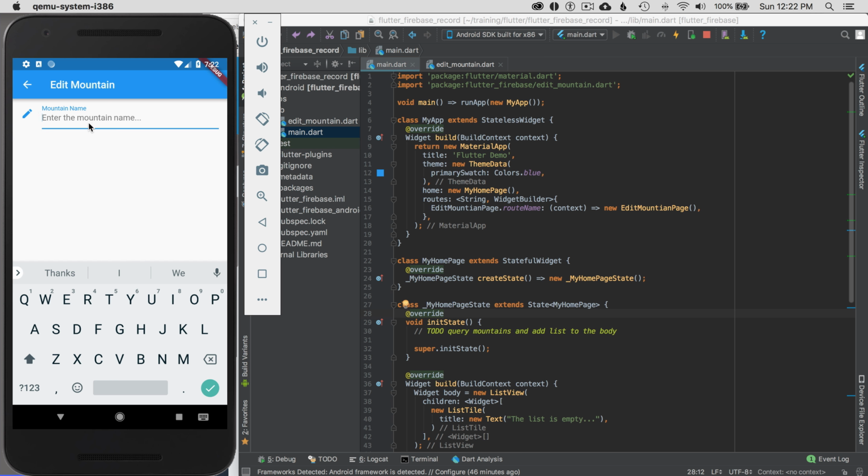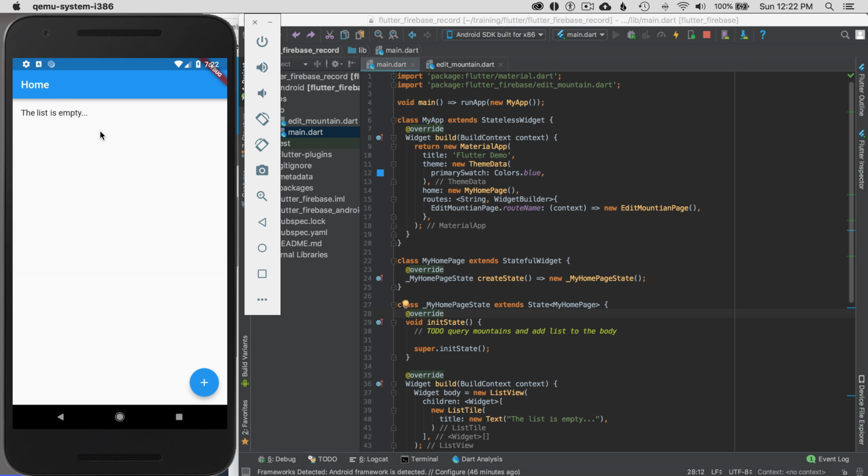This is not a form functionality here. This is updating in real time. So in this case, I don't have a save button. It saves on the fly on each character. Okay, so then if I go back, then I should have that mountain in my list. So how would I do that? Well, what if it's empty as well? If it's empty, I'll delete it on the way back, but I'm not going to cover that empty deletion in